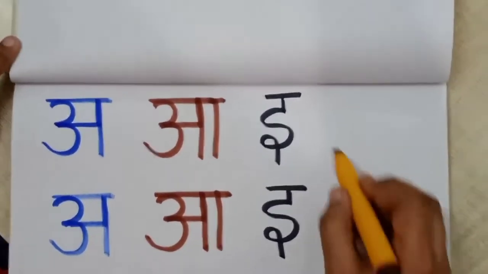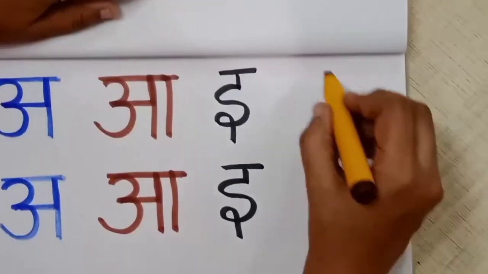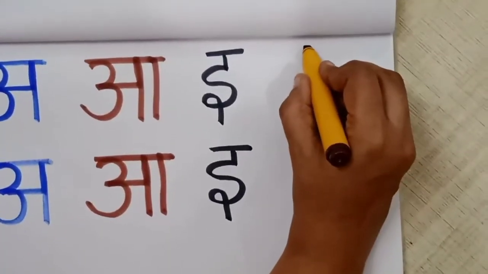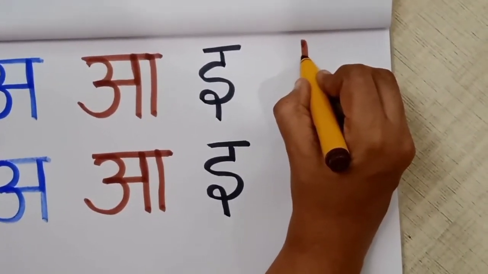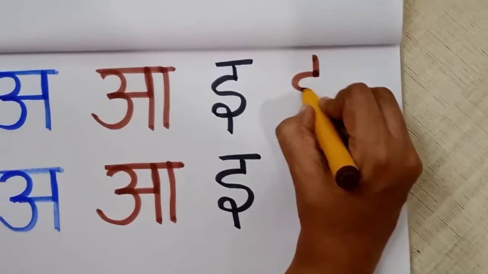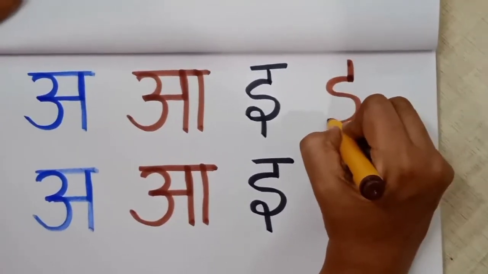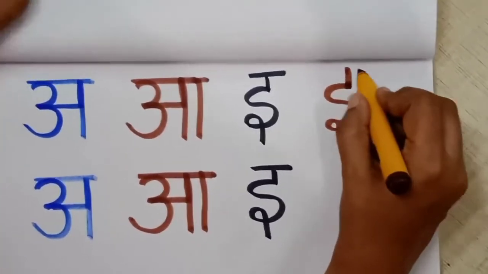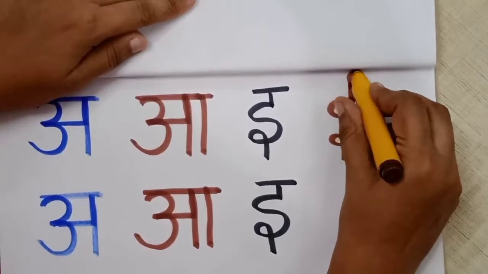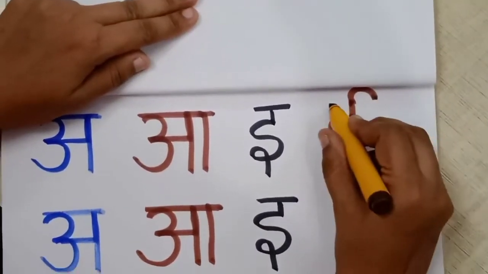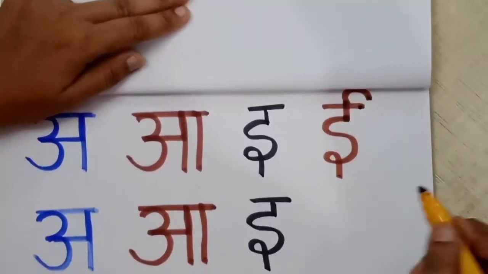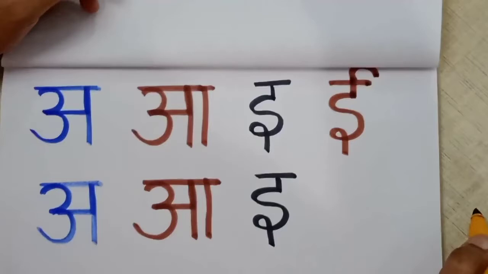The next letter is E. E say E. Let's see how to write it. Put 1 below that, like letter S in English. It's similar to the letter E. Write the same way how you wrote letter E. Put a curve up and draw a sleeping line. So this is letter E.